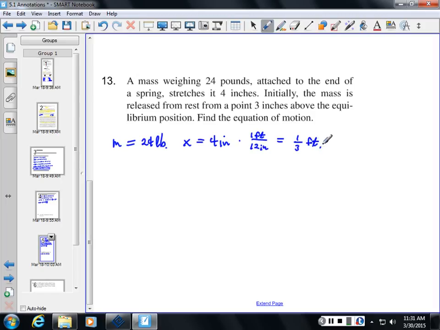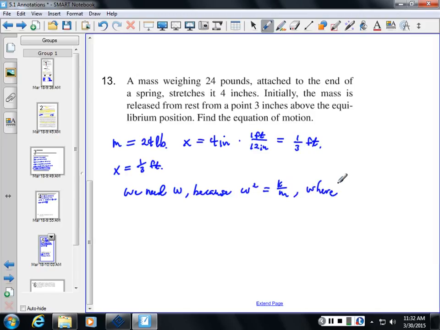Of a foot. So, and we're using that for X. All right. Now, they want us to build this equation for motion, and the main thing that you need initially is the omega squared. We need omega because omega squared is equal to K over M,